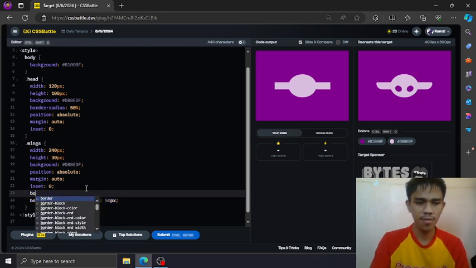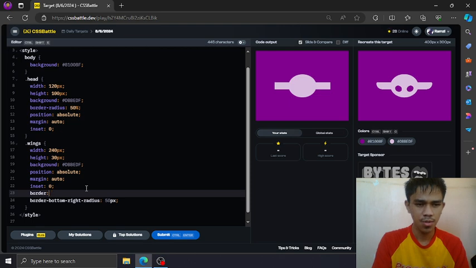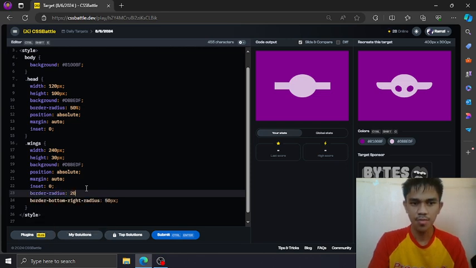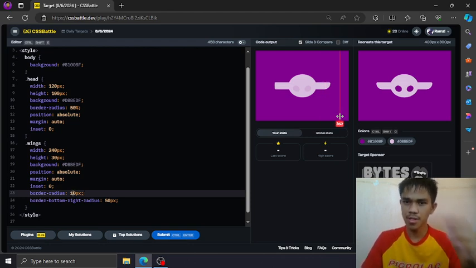Oh, let's create the fourth border first. Border radius first. Border radius like 20 pixel, to achieve this rounded top right corner.